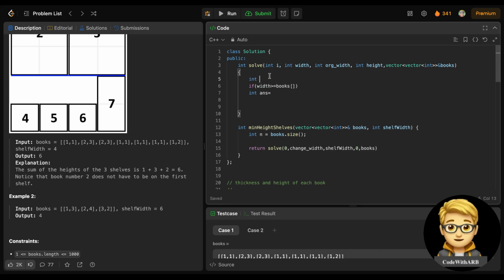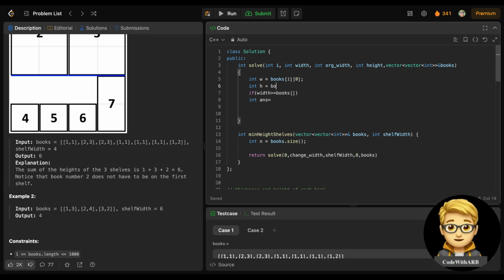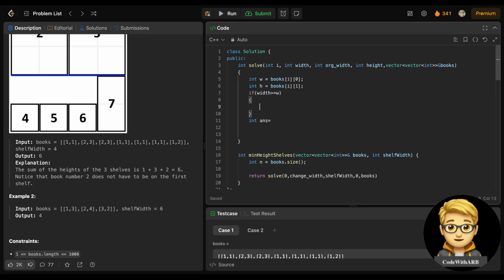So let's represent this: the width of the book is at 0, and the height of the book will be at 1, right? So if the current width of the book is less than the remaining width of the row, then simply